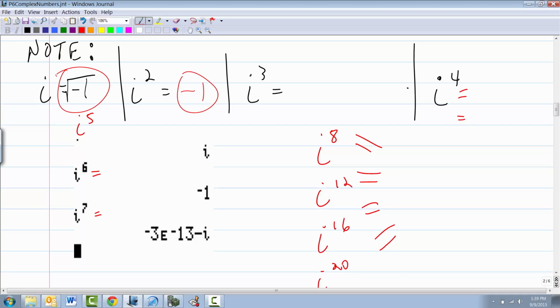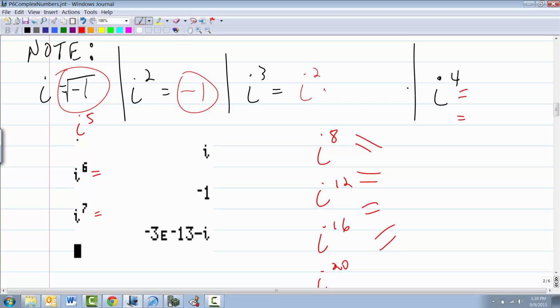All right, but then what we're going to do is proceed on and do i to the third, i to the fourth, fifth, sixth, seventh, eighth, i to the 257th. And you should be able to get to the point where i to the 257th is just as easy as finding i to the 11th. Really, the big power isn't a big deal.